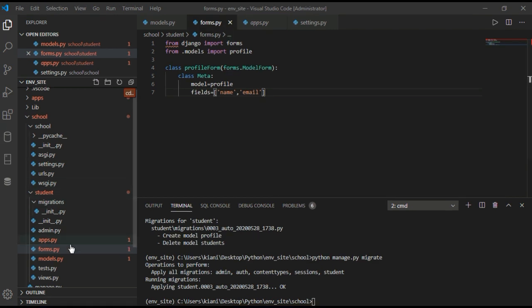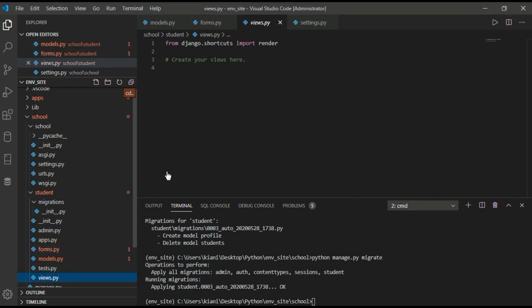Now we will create views. So inside the app there is views.py.